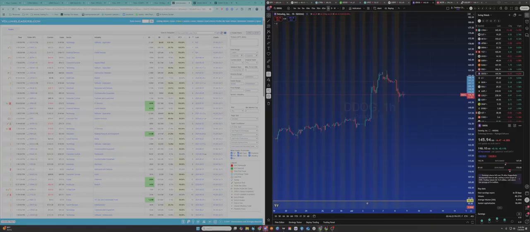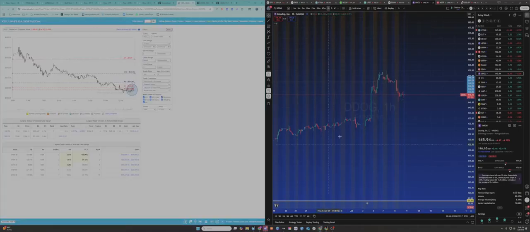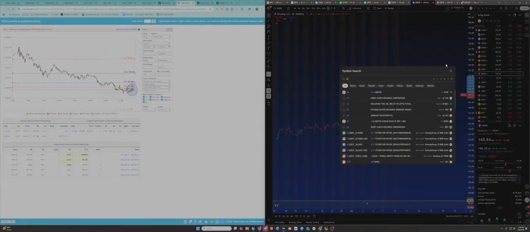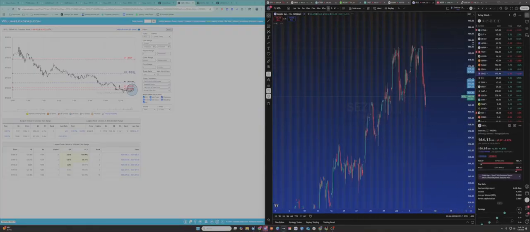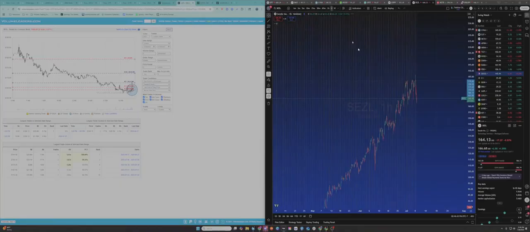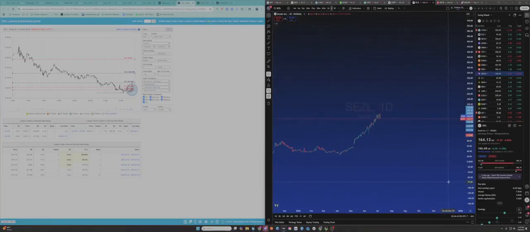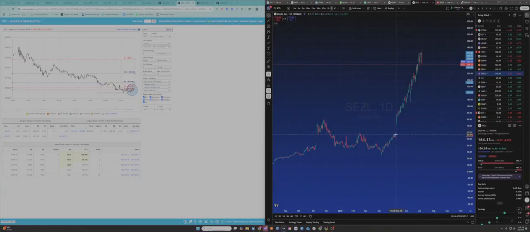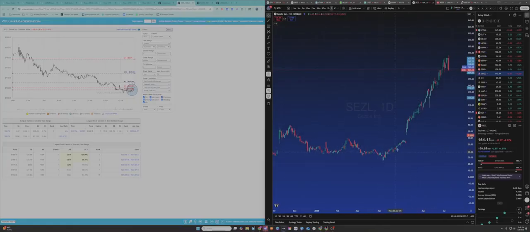We'll come over here though. We'll go to bonds, Sezzle. Okay, we can check this one out actually. Why not? Sezzle. So on Sezzle here, this is like the most steady trend I think I've ever seen. Starting in, this thing was put on auto bid, do not resuscitate on 8th of May, and it's literally just been pop, pop, pop, pop, pop, pop, pop, pop, auto bid ever since.